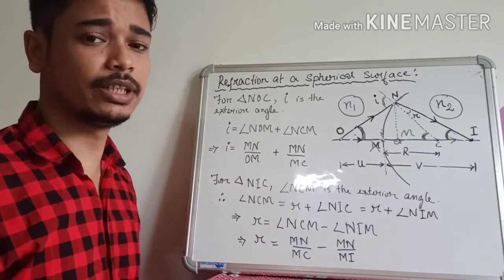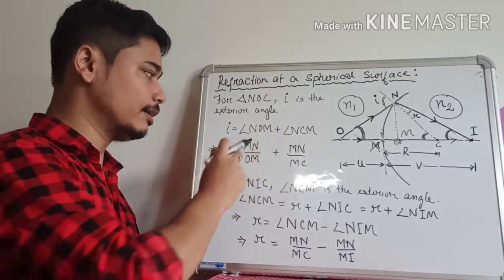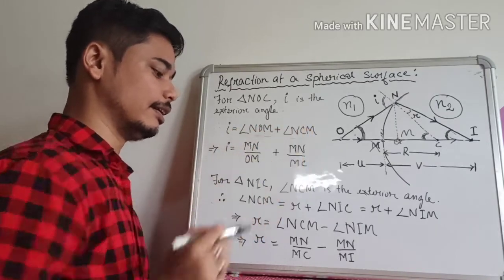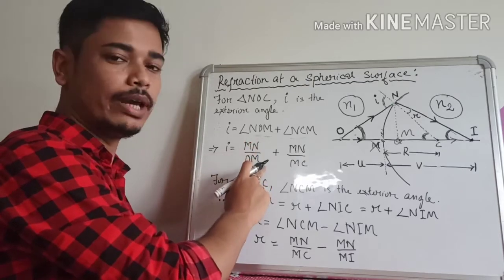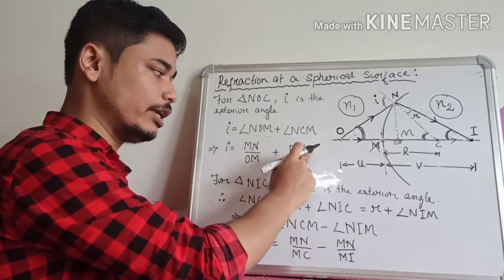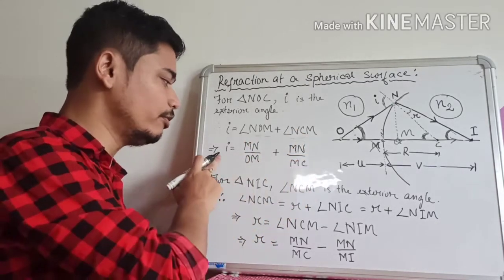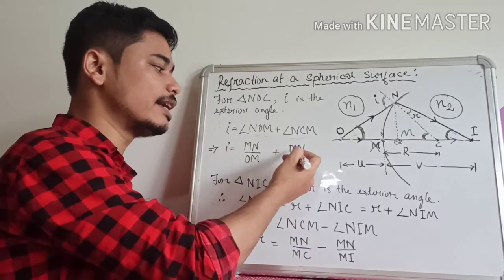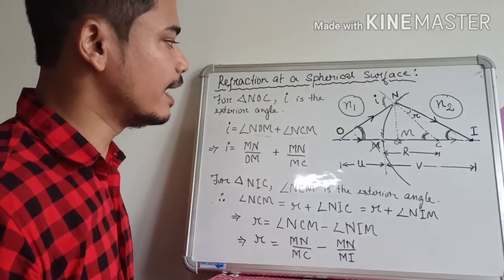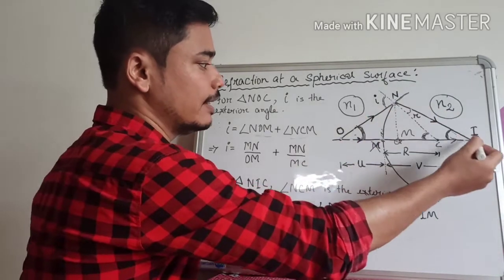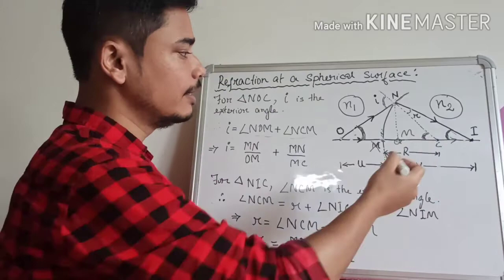Now if we substitute the values of this angle and this angle, then we get the value of I to be MN divided by OM plus MN divided by MC. So the value of I becomes MN by OM plus MN by MC. Similarly, for the second triangle NIC, in this triangle, this angle,